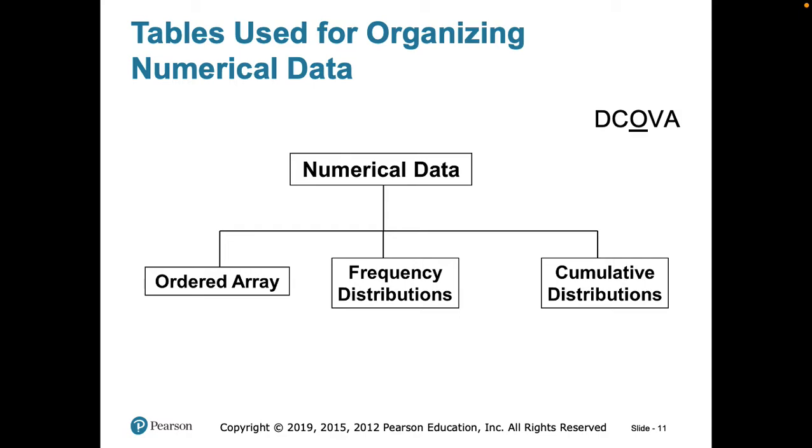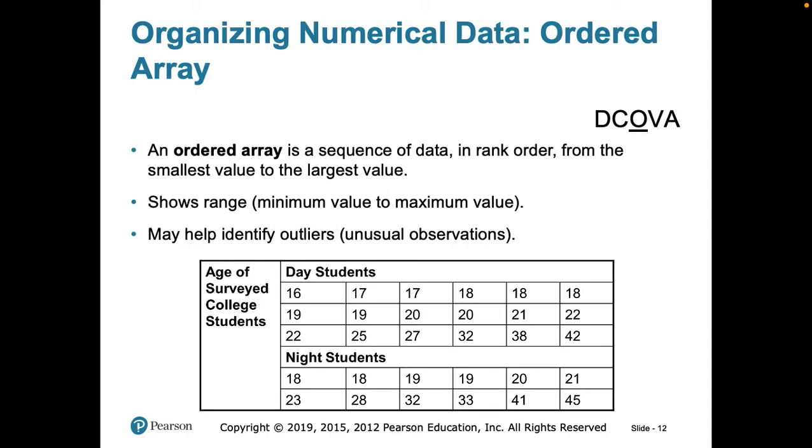Okay, so when it comes to numerical data, we can use tables to organize the numerical data. And we can use the ordered array, we can use the frequency distribution, and we can use cumulative distribution, or we can use all three of them, and we'll see how. So what is an ordered array to begin with? It's really simple. You grab your data, and then you rank them in order. And normally you go from the minimum to the maximum, or from the largest to the smallest, depending on what you're trying